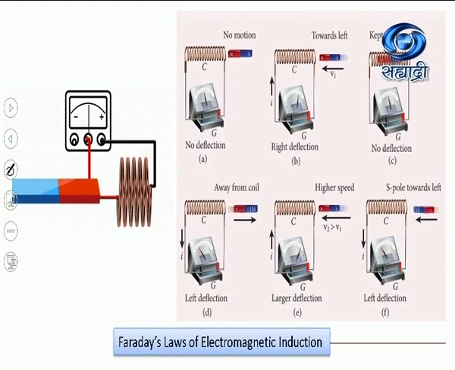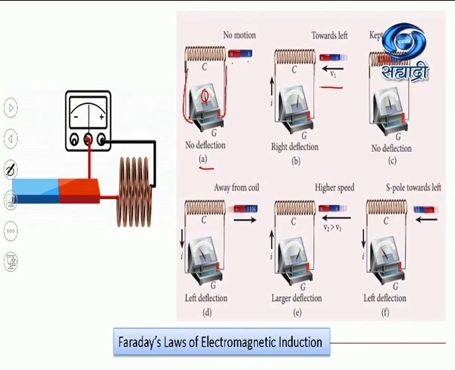Let us revise those concepts with the help of this picture and the animation. The first diagram on the right hand side is A. There is a simple experiment, the coil and magnet experiment. Ends of the coil are connected to a sensitive galvanometer and there is a magnet. Red represents North Pole and blue represents South Pole. In the first diagram, the magnet is steady with respect to the coil. There is no relative motion between them. At that time the galvanometer shows zero deflection.